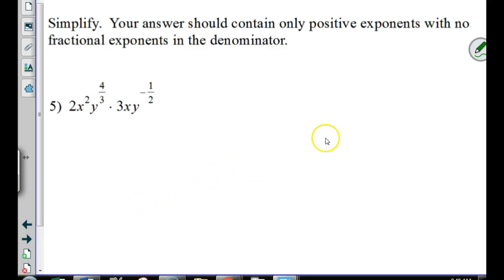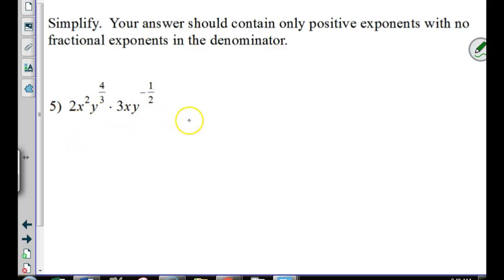All right, the next section is about negatives in addition. It says your answer should contain only positive exponents with no fractional exponents in the denominator. And we're going to kind of eliminate that requirement today as well. But I'm going to show you what we would have had to do in the past. For right now,